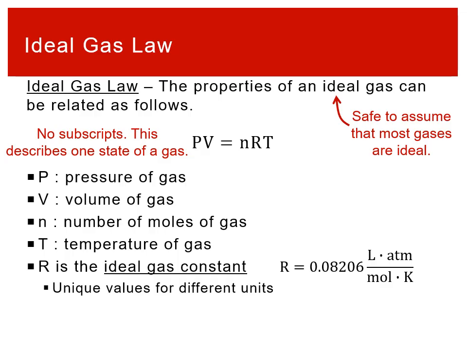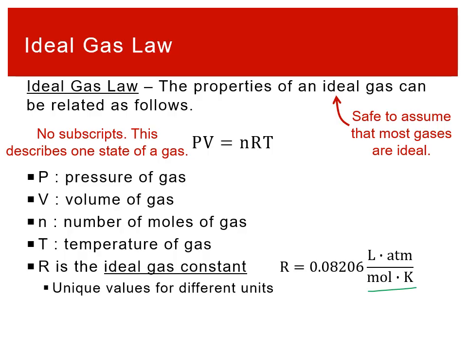So then our final new variable is this capital R. Capital R is called the ideal gas constant. We have a value given here, 0.08206 liter atmosphere divided by mole Kelvin. One of the things you see is that in the units, we've packed in all the other P, V, N, and T. Everything is packed in there. And those units on our ideal gas constant are going to determine